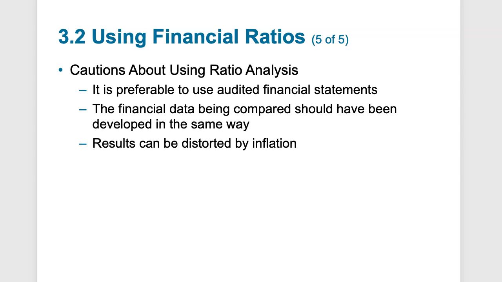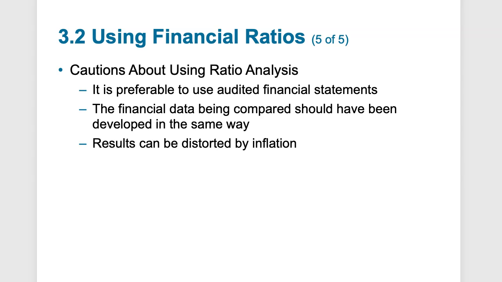Same thing with assets. Older assets may appear smaller because they were purchased at a lower price compared to buying the same asset today. For example, if a company bought a utility truck in 2002, it might have been $20,000, but today it's $40,000. So inflation is a distorting effect on the appearance of financial statements through time, and it can be compensated for. You can modify the financial statements and right-size them for inflation if there are particularly long periods of time, like 10 years or more. In most cases, we're looking at year over year, or the last 3 to 5 years, so inflation isn't as big a concern.